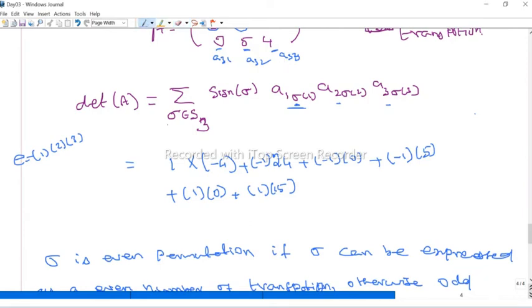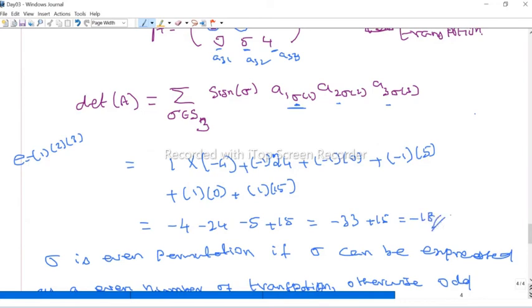Now simplify: this equals 1 into minus 4, and minus 24, and this is 0, and then this is minus 5, and this is 0, then this is plus 15. So how much? This is 30 minus 34, sorry, 33, plus 15. Now how much? This is 15, 18, right? Minus 18. So this is the determinant.